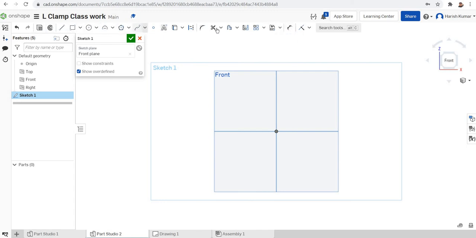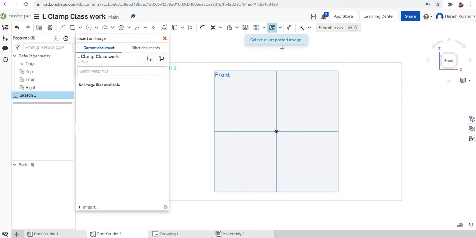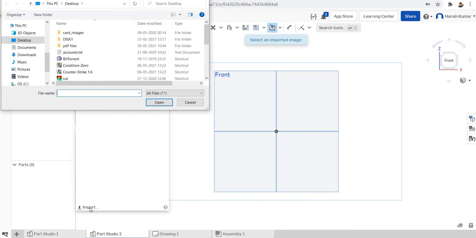You can see there is a DXF menu. Click on that, insert an image, and a new window will open. At the bottom you can click on the import button, or you can import from any location on your computer.